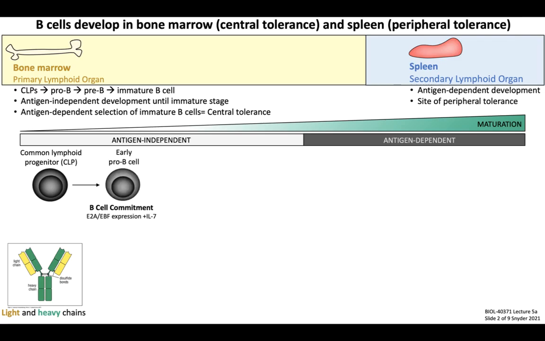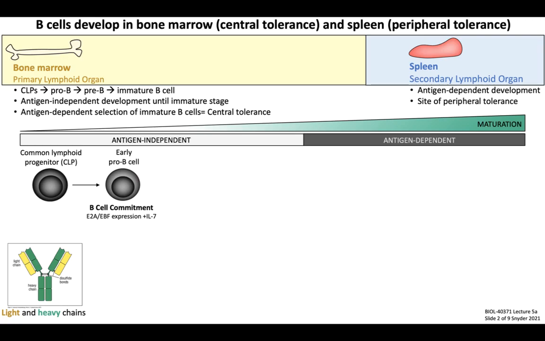The first stage is something called an early pro-B cell. This is a lineage-defining stage where stem cells are committed towards B cell differentiation, and it is defined by the expression of the B cell-specific transcription factor E2A, which in turn induces expression of the early B cell factor, or